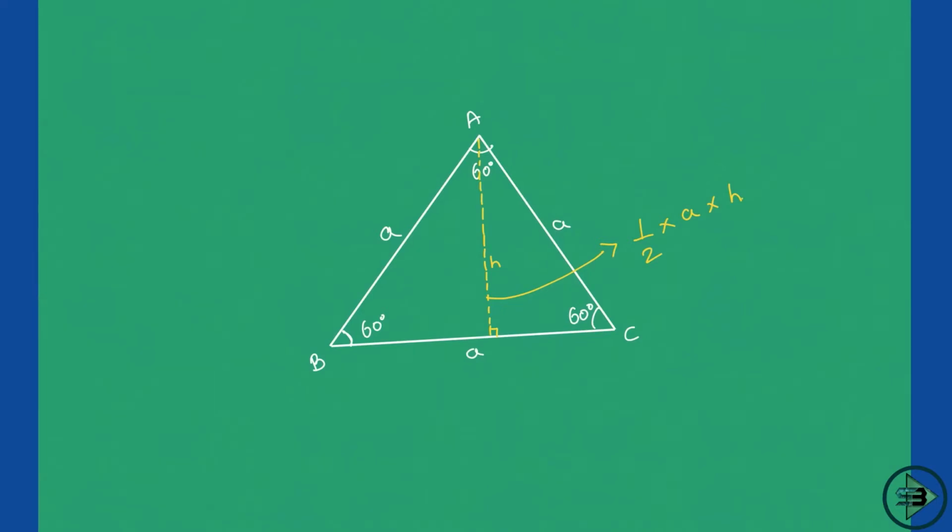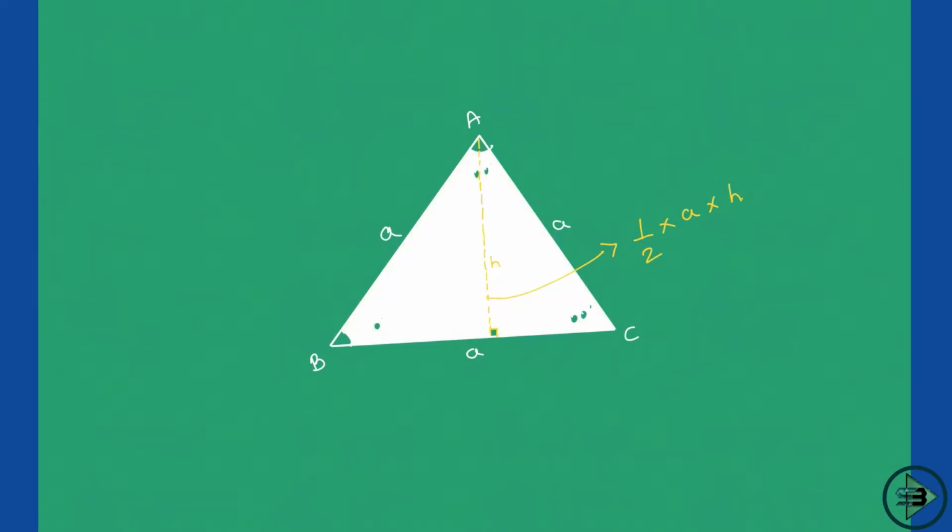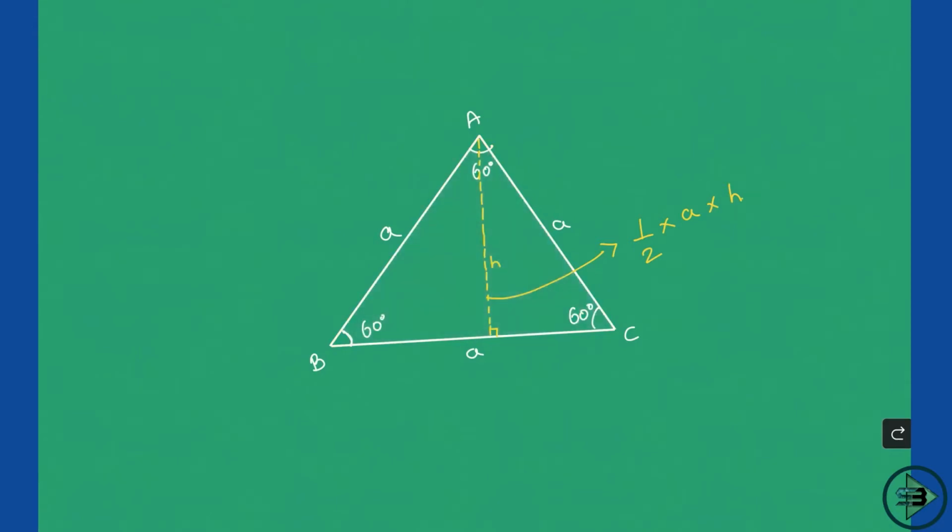Okay, and if I have to put it in terms of some color, say yellow is the color that I gave to this. So this yellow area is something that I want to know. That will be the area of this equilateral triangle. The first question is done. The perimeter will be A plus A plus A, that is nothing but 3A. That will be the simple perimeter of this.